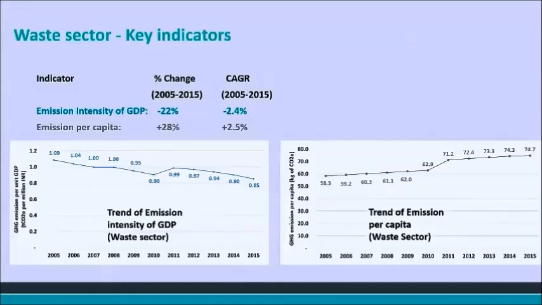In terms of per capita emissions, these are rising. So per capita, the population growth per year has been around 1 to 1.5% in this period, and the emissions are rising at a faster rate. But there are also some drivers that we think will lead to further reduction in the emission intensity, particularly in the overall rate of growth of emissions. I'll get to that in the next two slides.